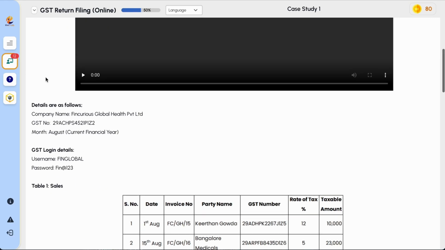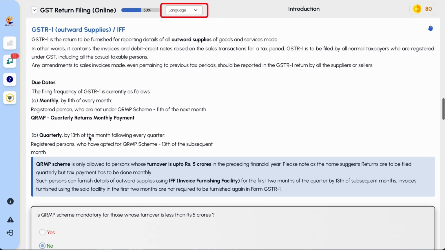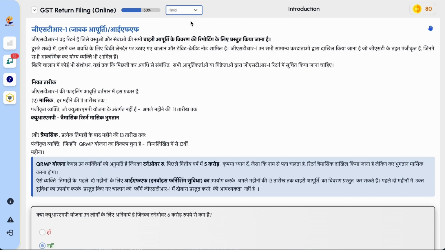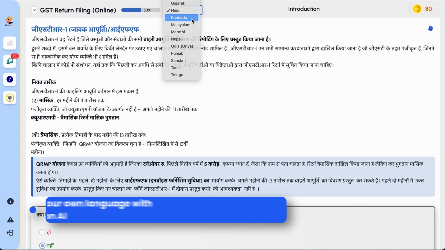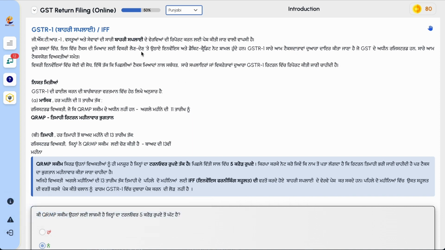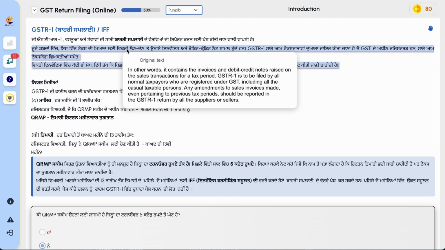As you have seen, our online classes are conducted regularly by experts. There is one more thing. We are elated to introduce the language option in the lab. On the top of the lab interface, click on this to view multiple languages and select the one that you are comfortable with, and the page instantly translates the topics to the language of your choice. Learners will be able to hover on the text to see the original version of the translated text. Do a joint reading in your local language and English in parallel.